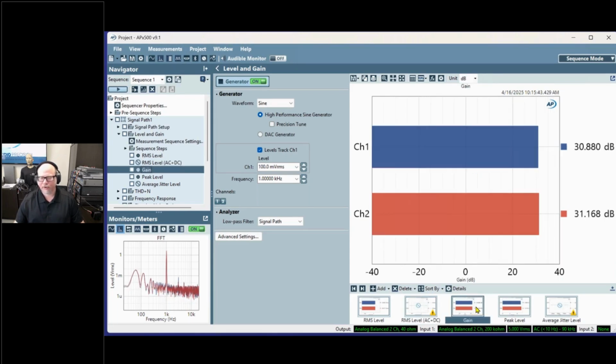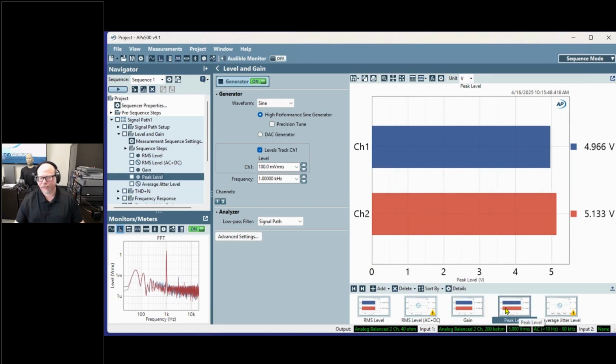The gain of our amplifier, and we add a result here that we didn't see in signal path setup. This is the peak amplitude of the signal. So this might make a bit more sense. I'll circle back to our input signal monitor, and I'll select the time domain result. If I undock that,